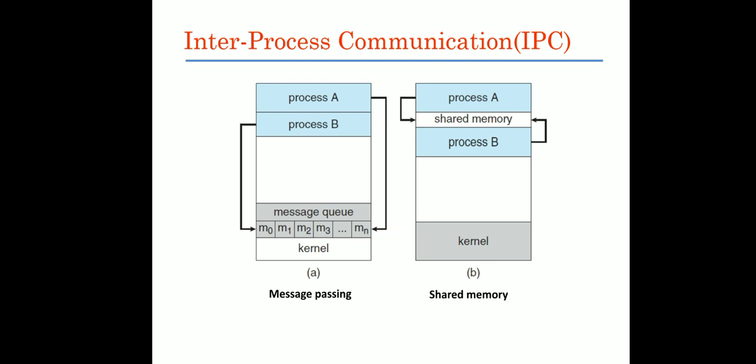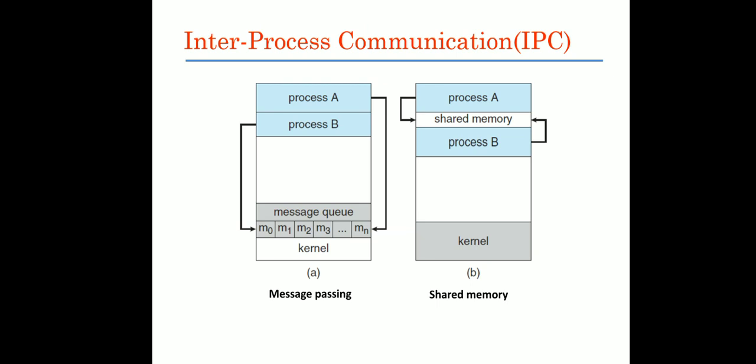Here, if the kernel is very busy doing some other task, what process A does is, first process A will put that message into a message queue. Whenever the kernel becomes free, at that time the kernel is going to forward that message to process B. It takes a lot of time, and this process will increase the load on the kernel. So when the load on the kernel increases, automatically the kernel or system becomes slower.